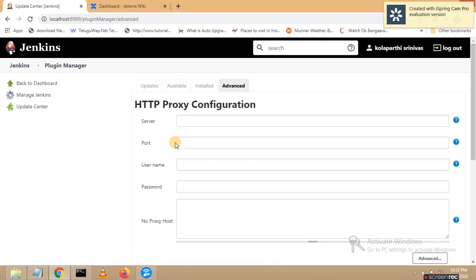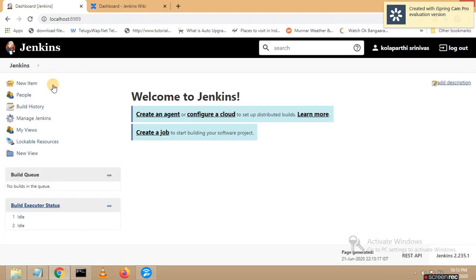But my recommendation is that it is always better to go with the automatic installation. Don't go with manual installations because some plugins might be dependent on other plugins. There might be some transitive dependencies between the plugins. And also make sure that if you are working within an organization and on an intranet, then for sure we need to provide proxy related configuration. Once the details are provided, just click on back to the dashboard. In this way, we are going to do configurations in Jenkins.